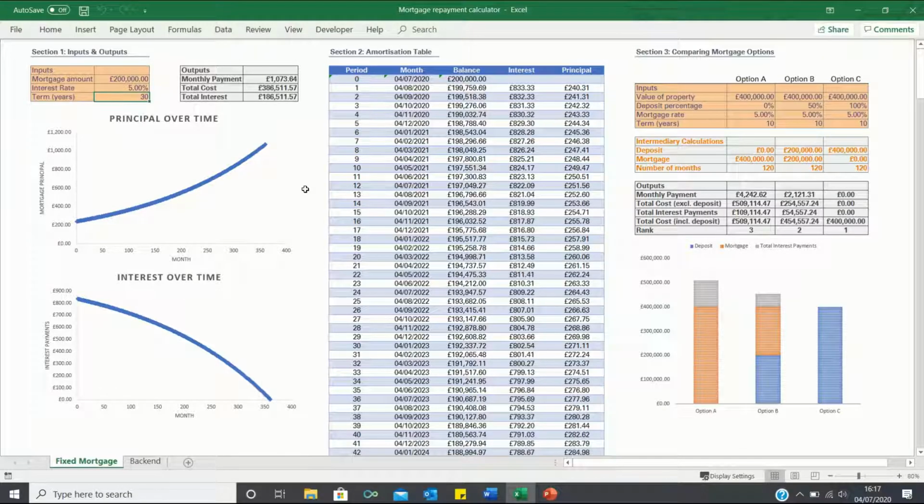Hello everyone, and welcome to this mortgage repayment calculator video series where I'll be showing you how to create a mortgage repayment dashboard like this one here to help you keep track of your mortgage payments and compare mortgage options. In section 1 we have the mortgage inputs, including the mortgage amount, the interest rate and the term in years,